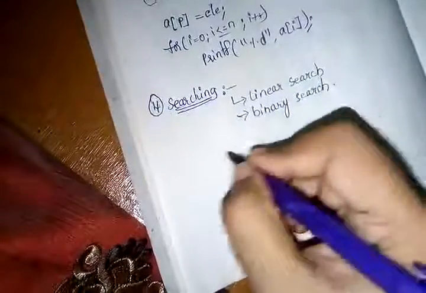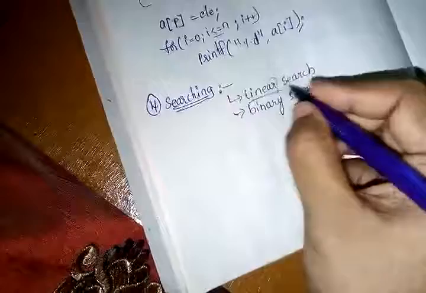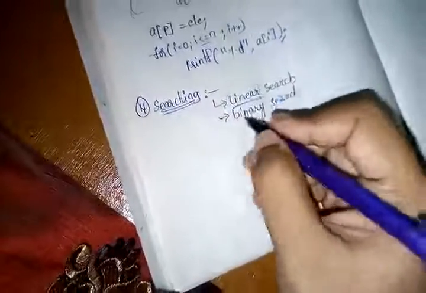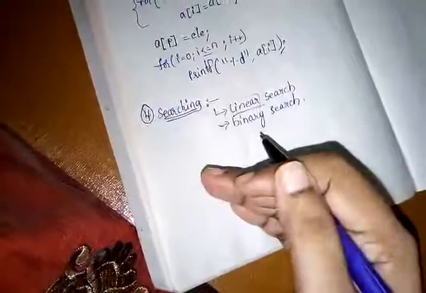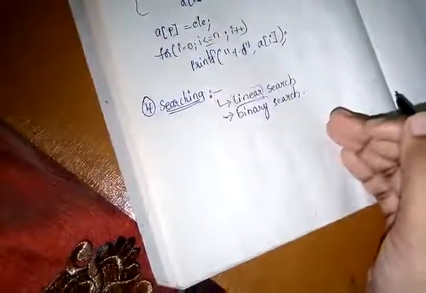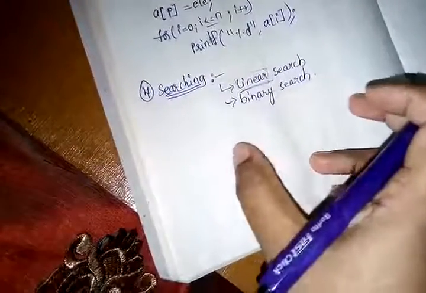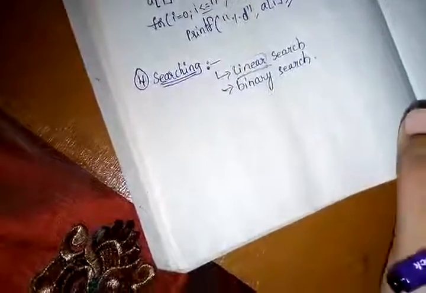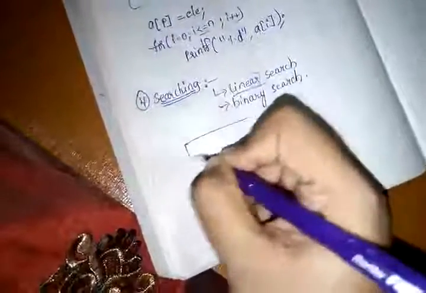So in linear search, linear in the sense the name itself indicates that we'll search the element in an array in the sequence. So we'll search all the elements from the starting of the array until we reach the end of the array. If we find an element in the array, then we'll stop searching. Okay, so say for example,